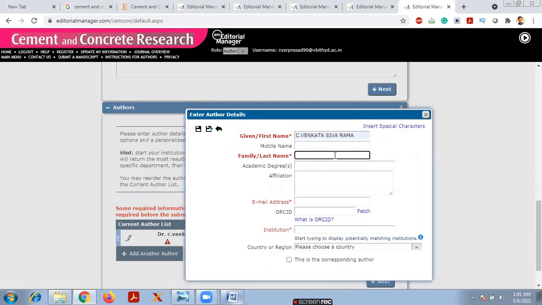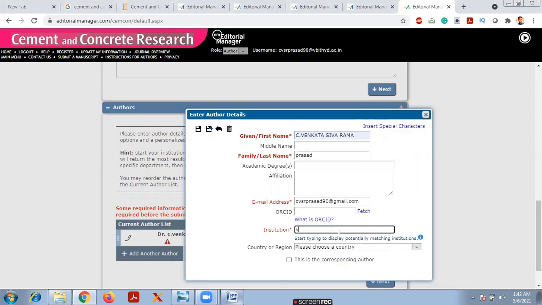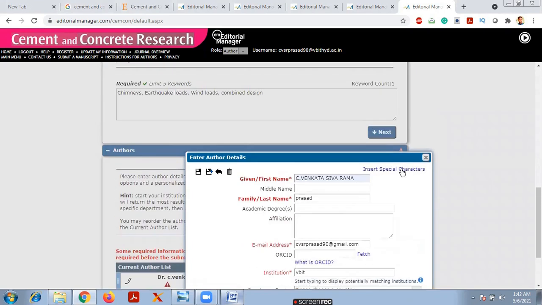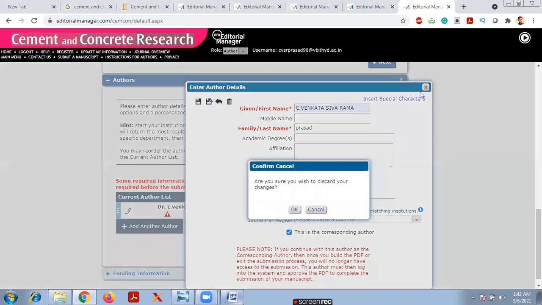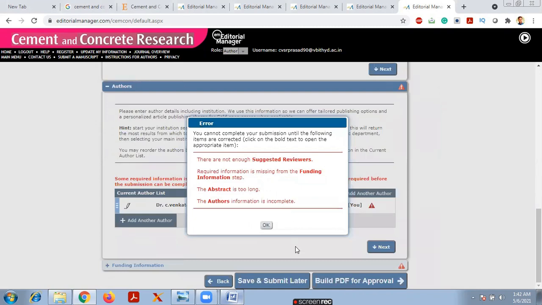You have to enter all the details of another author, institution and so on. If it is a corresponding author, simply click like this. Are you sure you want to discard? Yes, then simply click on build the PDF.